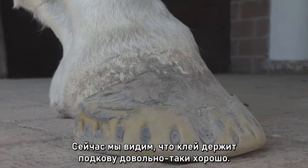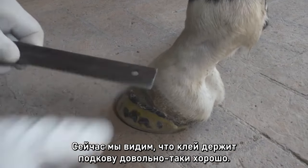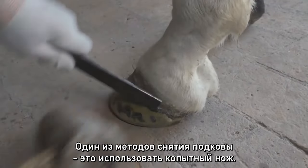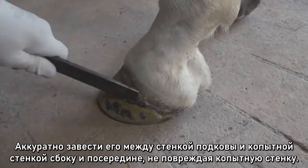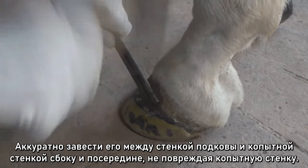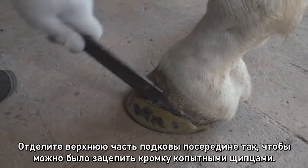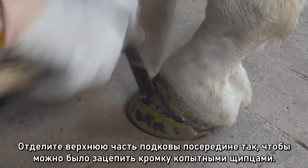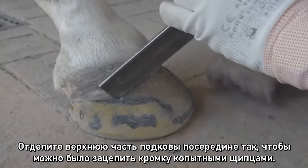So here's the details of the left fore. You can see the glue held on quite well. One of the methods to remove them is to use a hoof knife, a towing knife, and gently introduce it between the lateral and the medial cuff and the hoof wall without damaging the hoof wall, and loosen the top part of the cuff. This is on the medial side, so that you can introduce a pair of pliers,